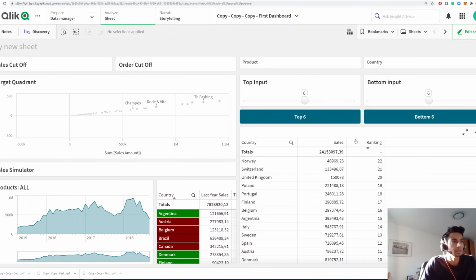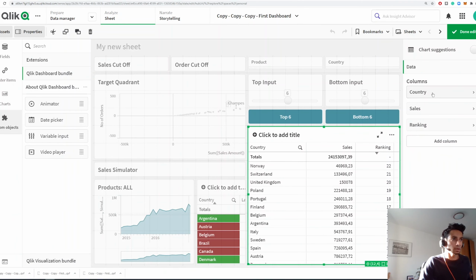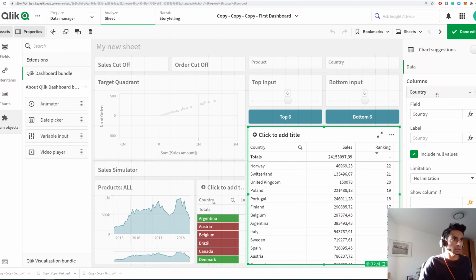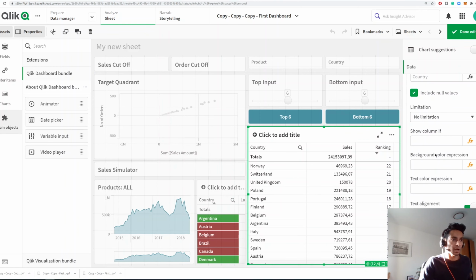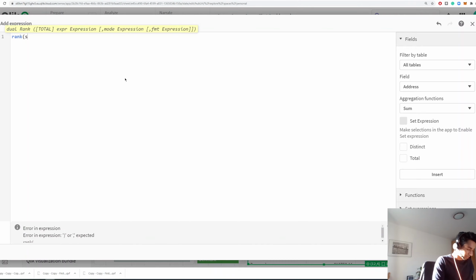There's one final thing that we could do that's going to improve the whole thing. That's to add some colors here. So let's go to editing. Let's go to the countries, and let's go to background color expression. And let's give it an expression here. So let's say that first rank it based on sum of sales aggregated by country, and